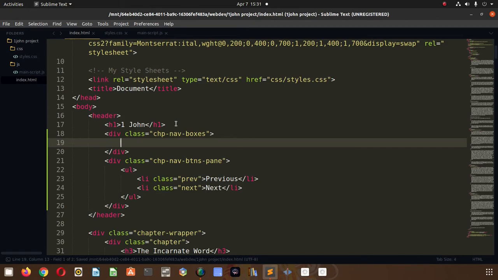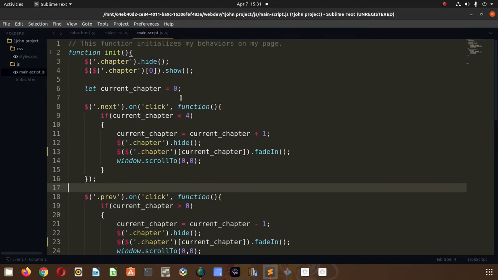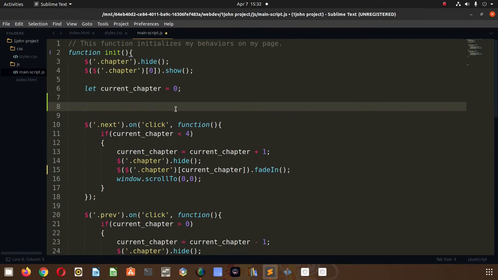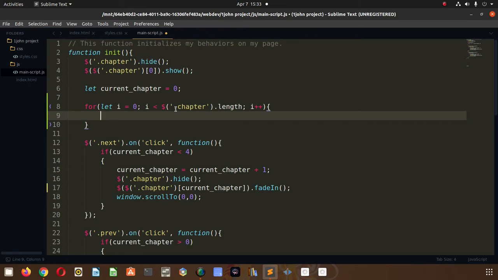Chapter nav boxes. Now, I'm not going to add any HTML content here in the file directly. I'm actually going to use JavaScript and jQuery to add the HTML content for me. Let me show you how to do that. Go to your main script file, and then right here, what we're going to do is create a loop, and we're going to say for let variable i start at 0, that would be chapter 1, where i is less than... If you need to pause the video at this point just to make sure that it matches this, go ahead and do that. Alright, I'm going to alert hello, and if this works, then it will appear with hello 5 times